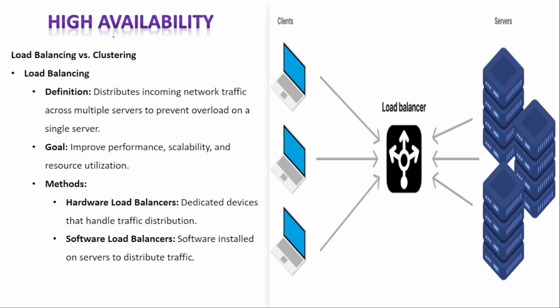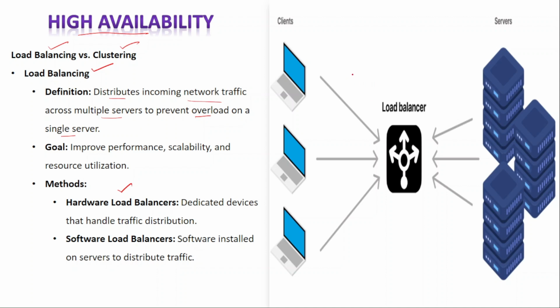Another term in high availability: high availability is achieved through load balancing as well as clustering. So what is the difference between these two? First, let's go through load balancing. Load balancing basically distributes incoming network traffic across multiple servers to prevent overload on a single server. It improves performance, scalability, and resource utilization. Methods include hardware load balancers, dedicated devices that handle traffic distribution, and software load balancers, software installed on servers